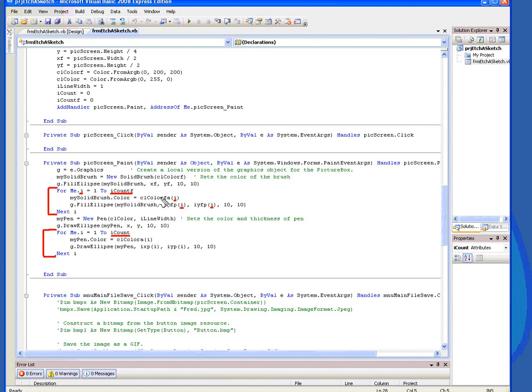So the first thing I had to do is put the color into the brush. I use the statement mybrush.color equals the color. That puts the color into the brush, and it puts the color of the particular dot we're looking at. When I is 1, it's going to put the first color, the first one that we drew, the first movement we made. And then I do the fill ellipse with that brush and with the X and Y coordinate and the